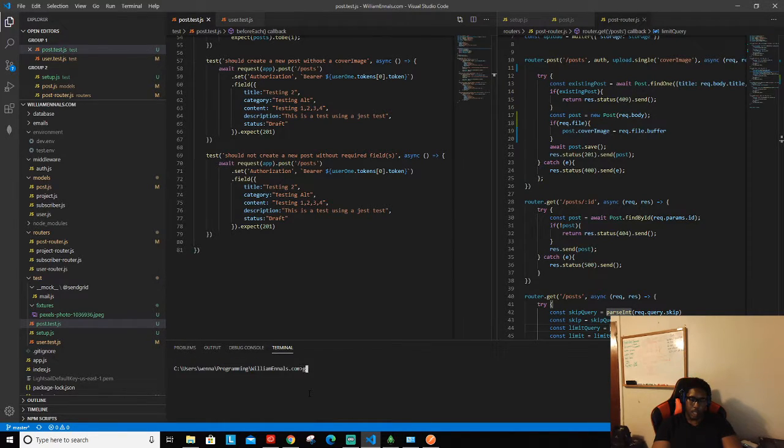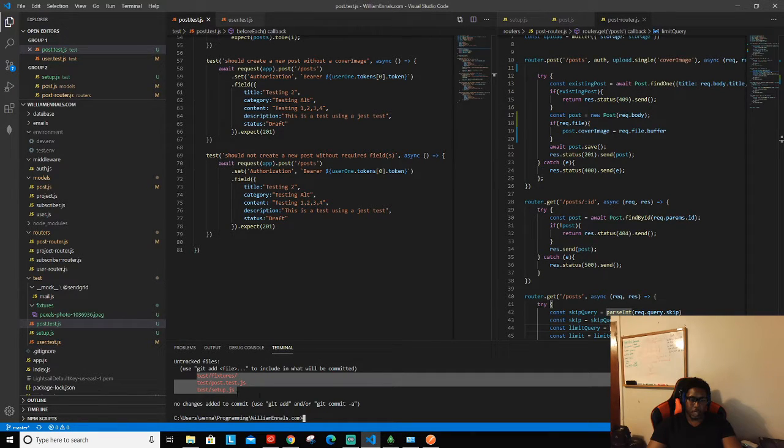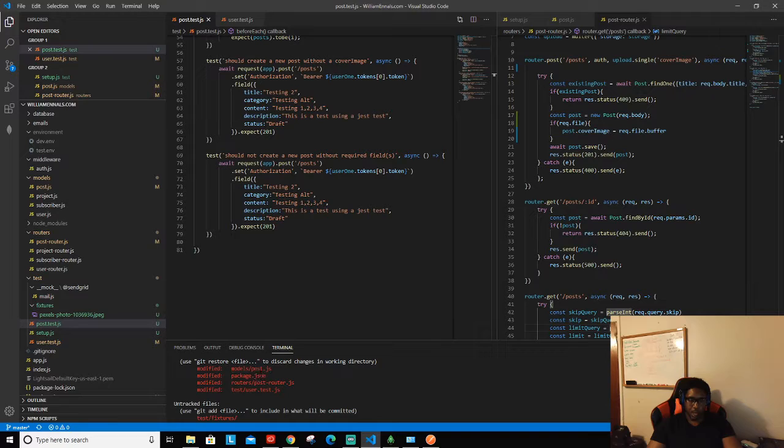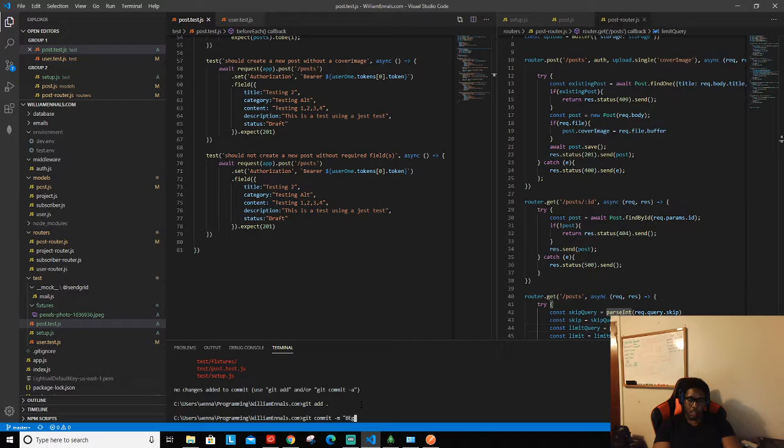So I'm going to go ahead and do the git status to see some of the things we've changed. You can see here that this is what we've changed. And we've also changed our package.json. We've changed a few other things. I'm just going to add that stuff and then commit it. So git commit -m, and then we're going to say, first wave of post router tests, right? And then you just say git push -u,